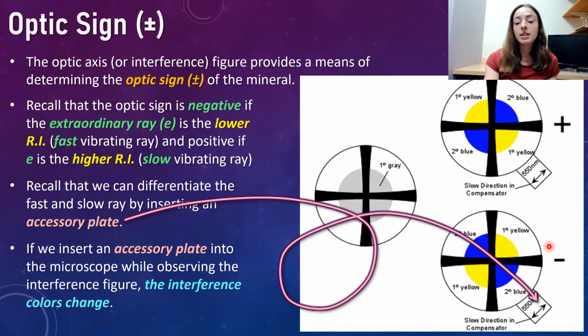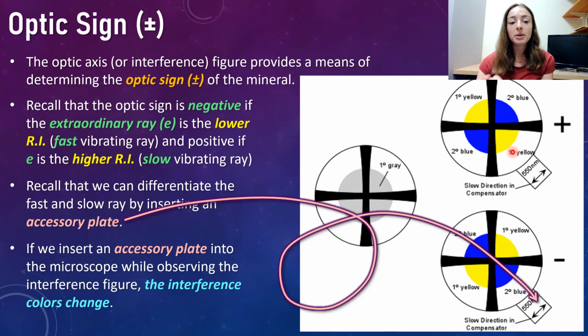Whereas if you insert the accessory plate, specifically a first order red accessory plate, basically you can pick the color of your accessory plate and then you can see how much your interference colors either increase or decrease in order to understand if the fast and slow light ray going through your mineral lines up with the fast and slow ray of that of the accessory plate, which is known value. So we actually have the slow direction indicated on this accessory plate. That is indicated on all your accessory plates. So this rule is for slow direction going this way and your fast direction going along parallel with your accessory